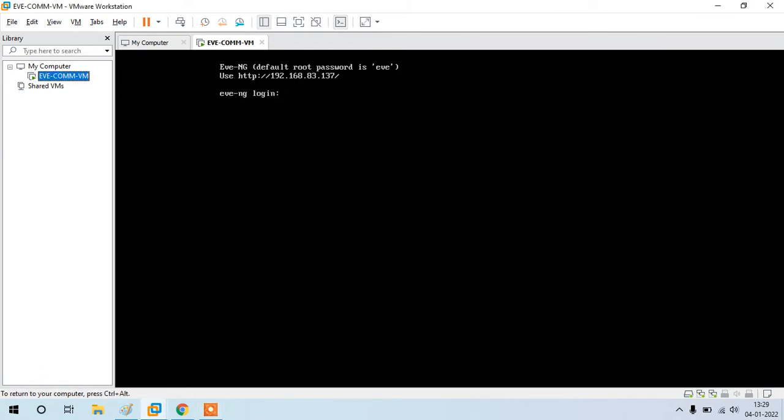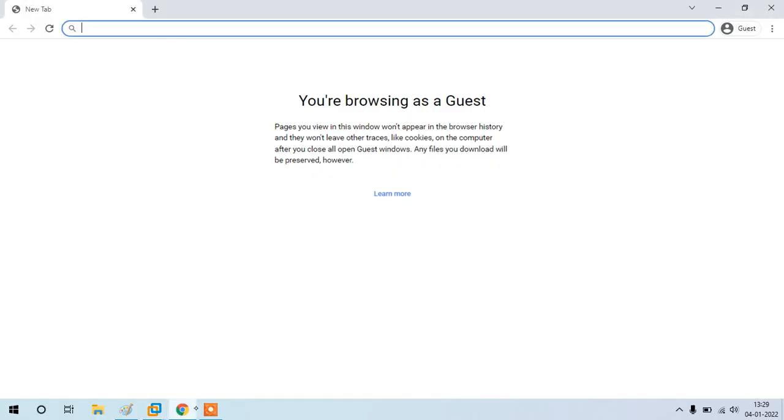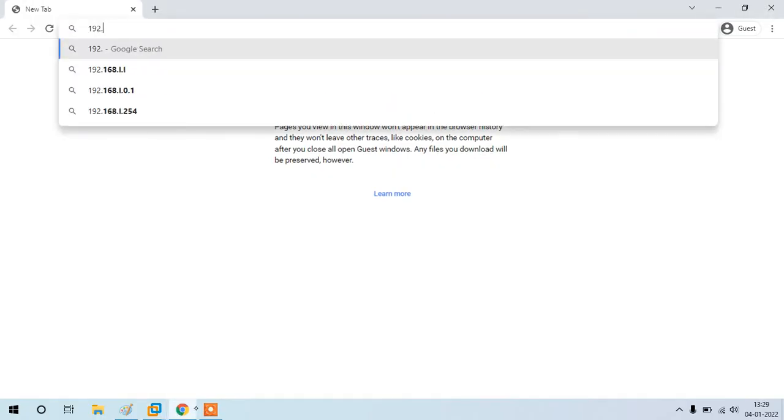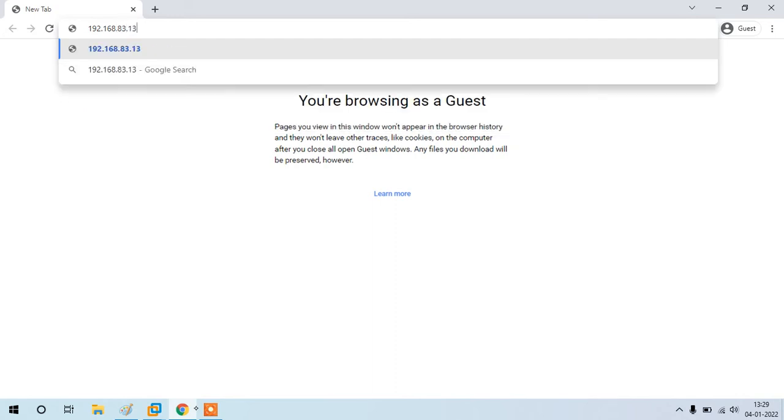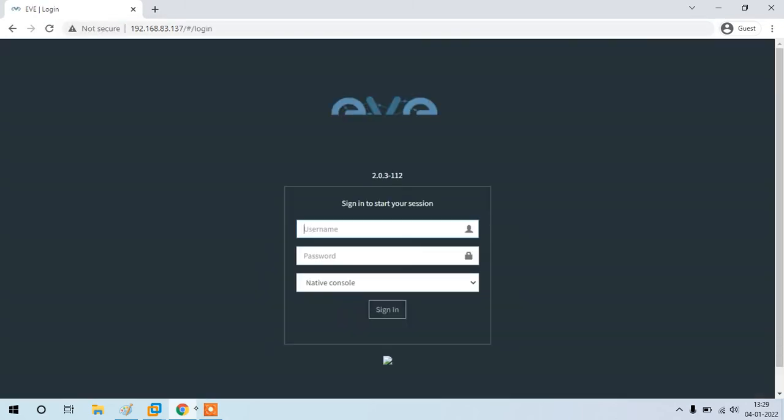Now let's go to the browser and log into the EVNG simulator. The IP address is 192.168.83.137. The default username is admin, password is eve.